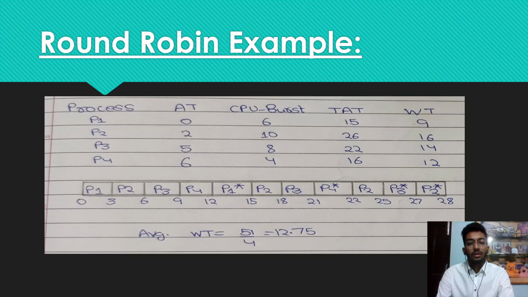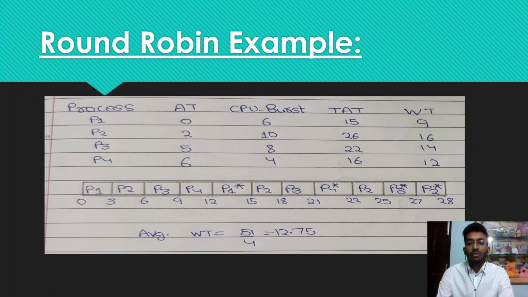You can see P1 completes its execution at 15, then the CPU is assigned to the next process, that is P2, then P3, and as P4 requires only one more CPU burst, it starts its execution at 21 and completes at 22. Then it leaves the CPU and it is assigned to the next process which hasn't completed. Since P1 has completed its execution, it won't get the CPU, and P2 gets the CPU at 22 and completes its execution at 25, and then P3 is assigned. P3 completes its execution at 27, and at last P2 completes its execution at 28.